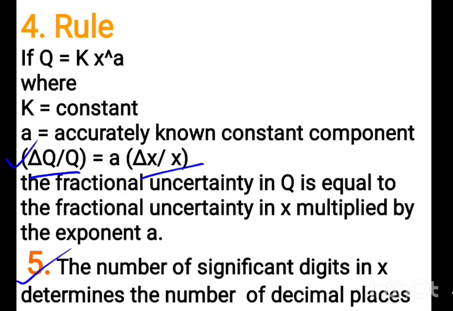Last one, the number of significant digits in x determines the number of decimal places. এই যে significant figure যে x যে ডিজিট আছে সেটাই তোমার ডিটারমাইন করে যে ওখানে কতগুলো ডেসিমাল প্লেসেস থাকবে। ওকে,